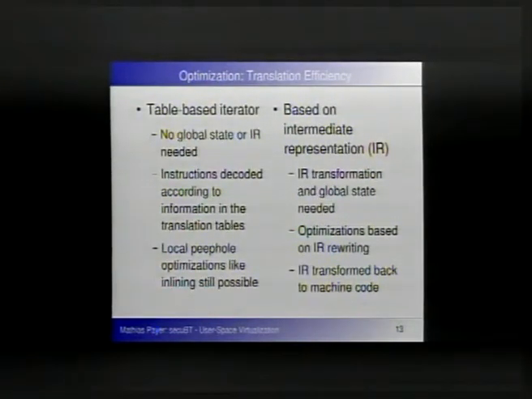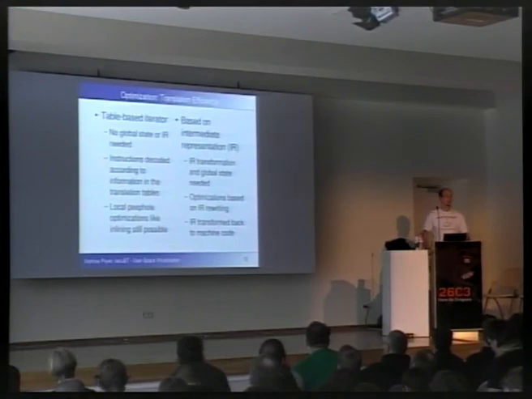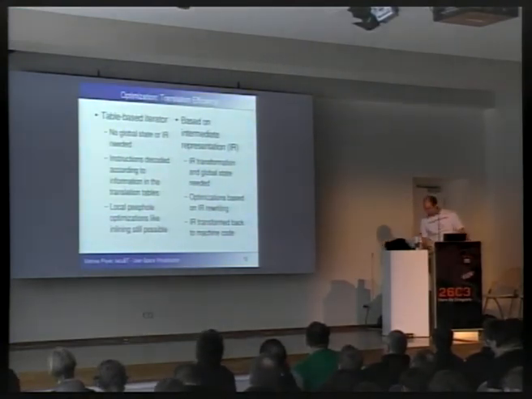But they can do more thorough optimizations based on the intermediate representation. They take the machine code, generate an IR, do some optimizations on that IR, maybe even register reallocating, code reordering, code restructuring, and then transform the IR back to machine code and put that code into a code cache and execute that later on. But this takes